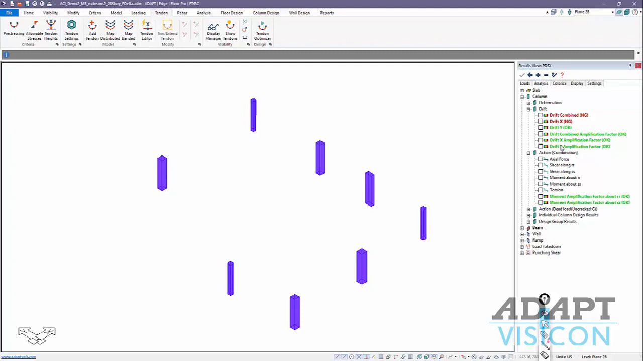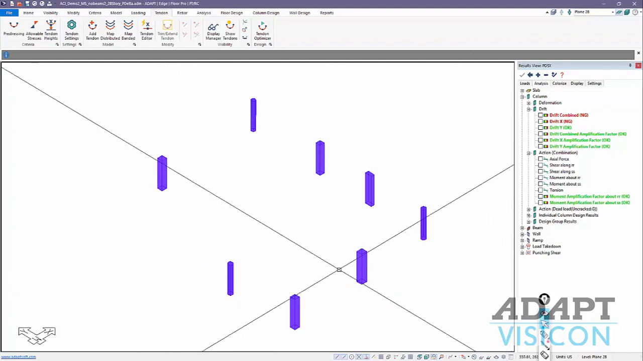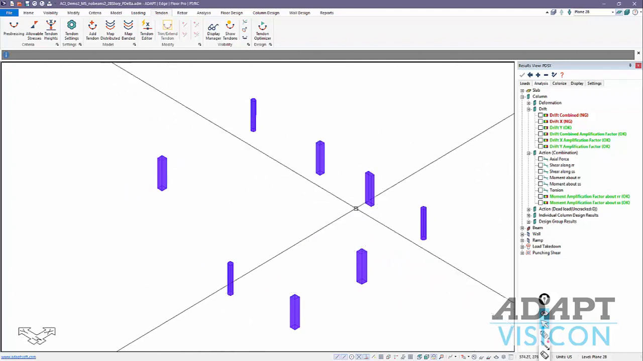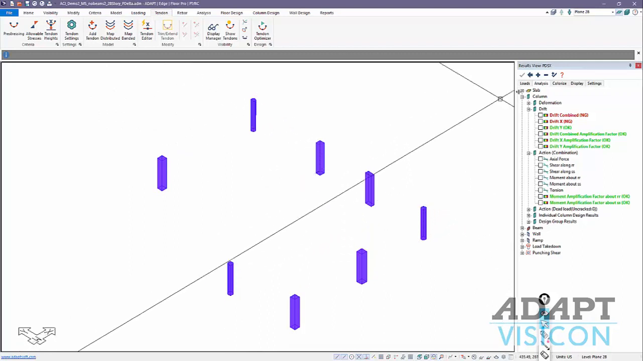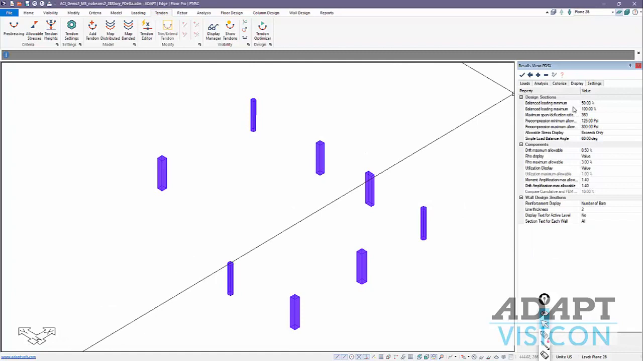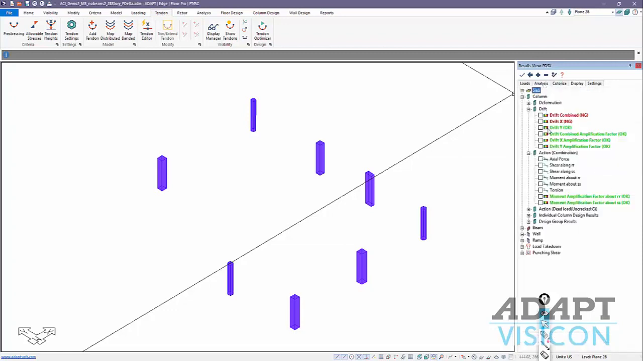The amplification factor is the ratio of the second order drift to the first order drift. So the program gives us an indication of that for each column, and it checks it against a user-defined value which is defaulted to 1.4. That can be modified both for drift and moment amplification in these 2 options here. You can see this is set to 1.4. So coming back to the results,